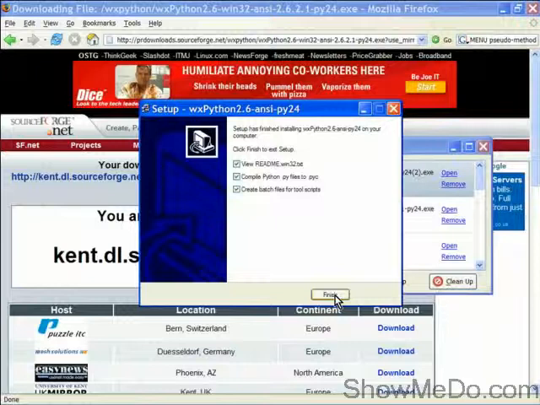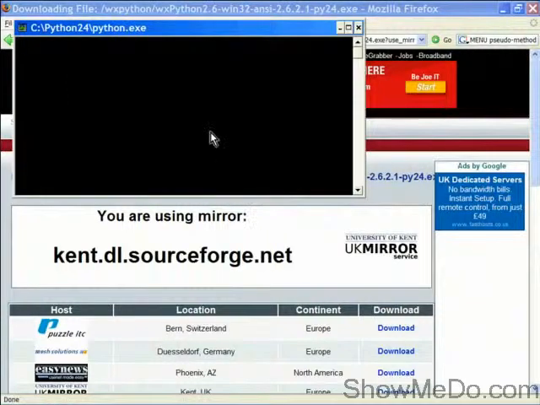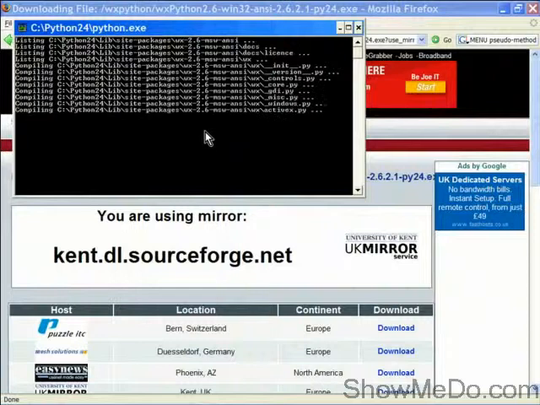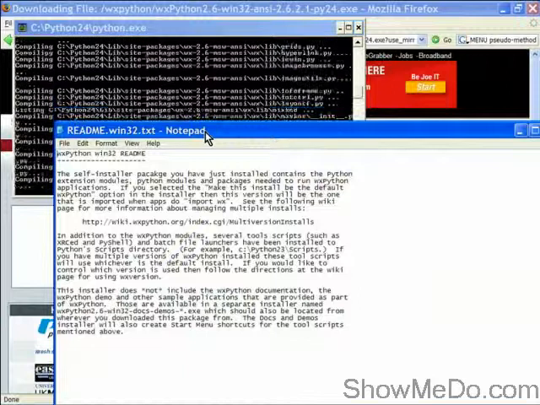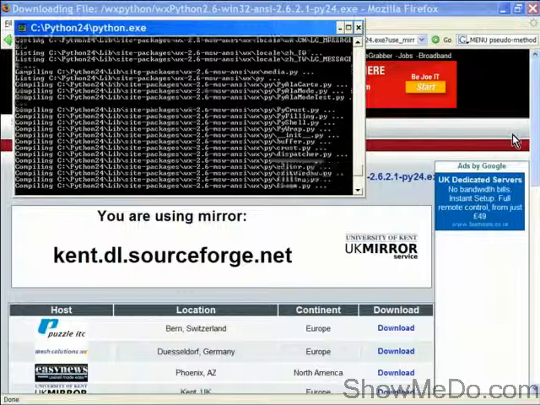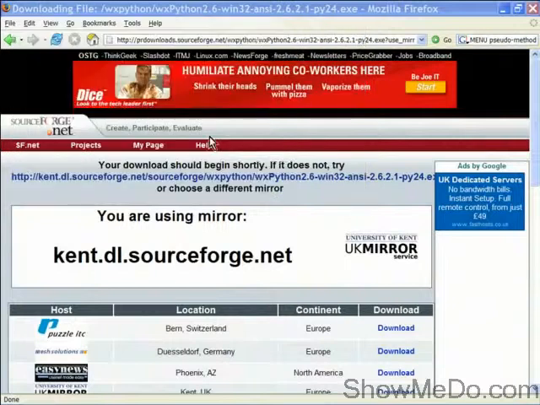So we'll click finish on this, minimize, and here it is compiling the packages, and it sends us a little text readme, which I would suggest you read. I have done before, and that should have installed